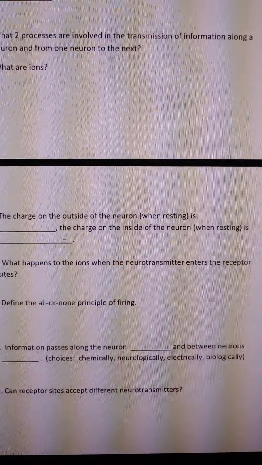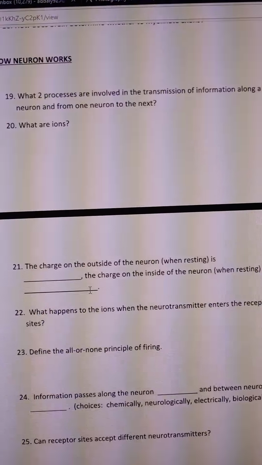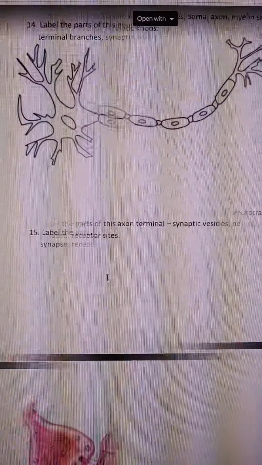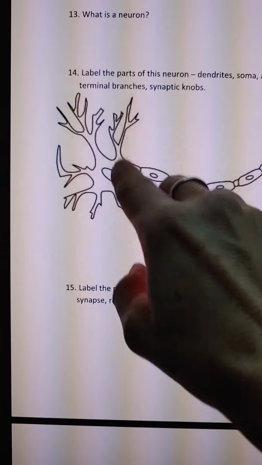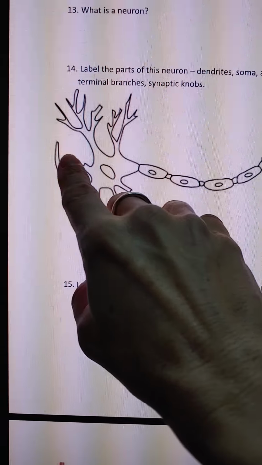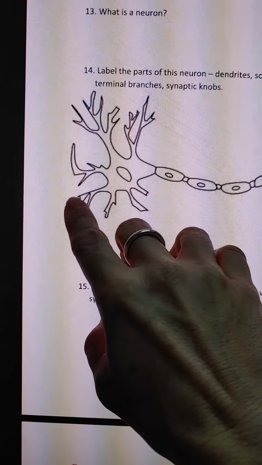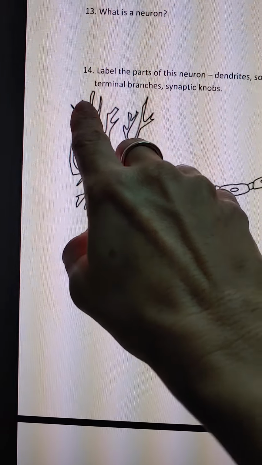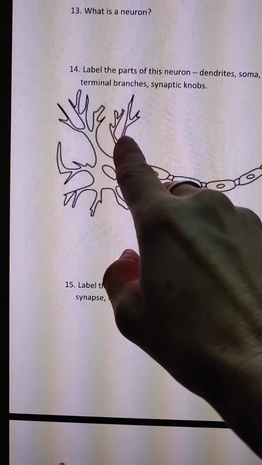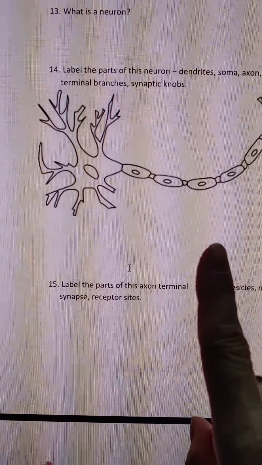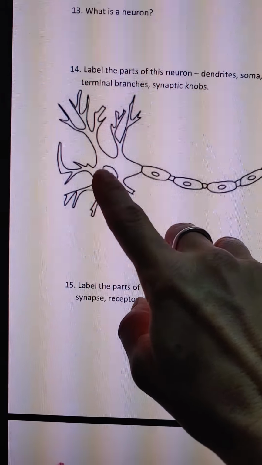Okay. 22. What happens when the neurotransmitter enters receptor sites? So again, back up here. We said information comes in the dendrites from other cells. That comes in through chemicals. Neurons talk to each other through chemicals. Chemicals jump across that synapse to talk to each other. So it receives a chemical message from other cells. If it's the right kind of chemical and enough of it, it will start a chain reaction in the neuron